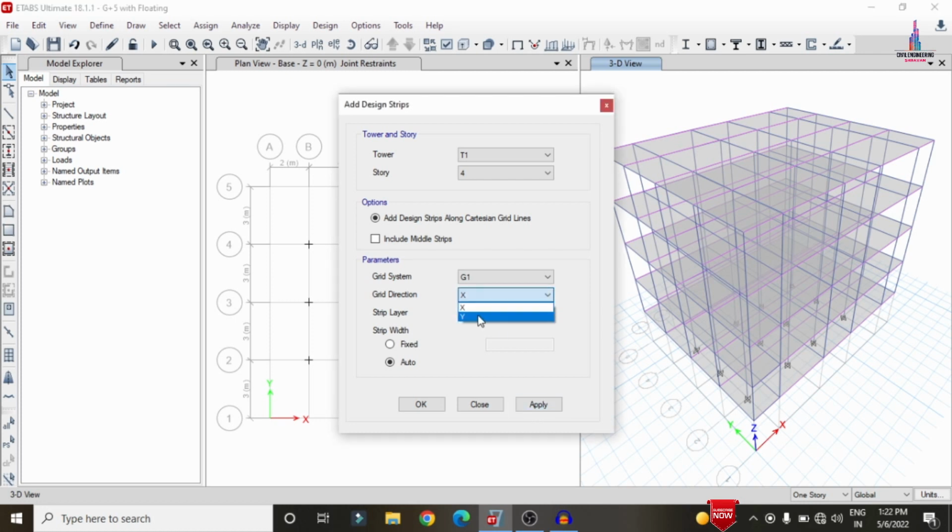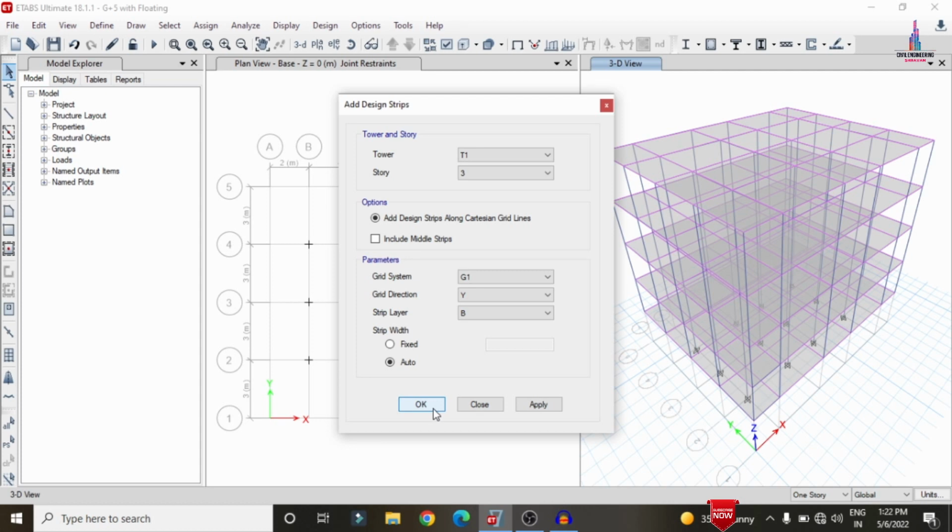I am selecting the grid of Y, which is the B section. Click on Apply so that it will apply the grid for the respective slab section. In the same process we have to apply the grid to the remaining slab sections as per our consideration. Now we can see how I applied the grid system for this consideration. Click on OK. Then we have to do the analysis again with the considerations of the